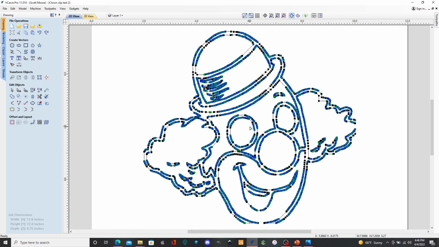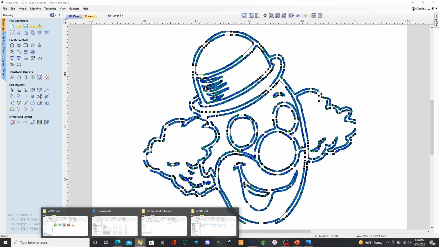So that's it. You may use it, you may not use it. When I get to laser work with Inkscape, a lot of nodes really can help me out because I have a lot of images, even black and white and different things. And so this just gives me more information to play with. Like I said, very simply,